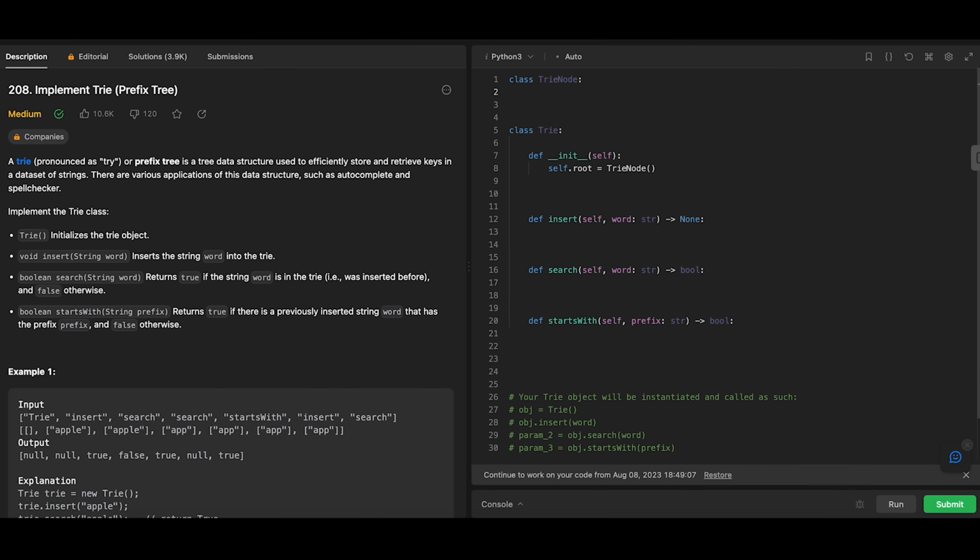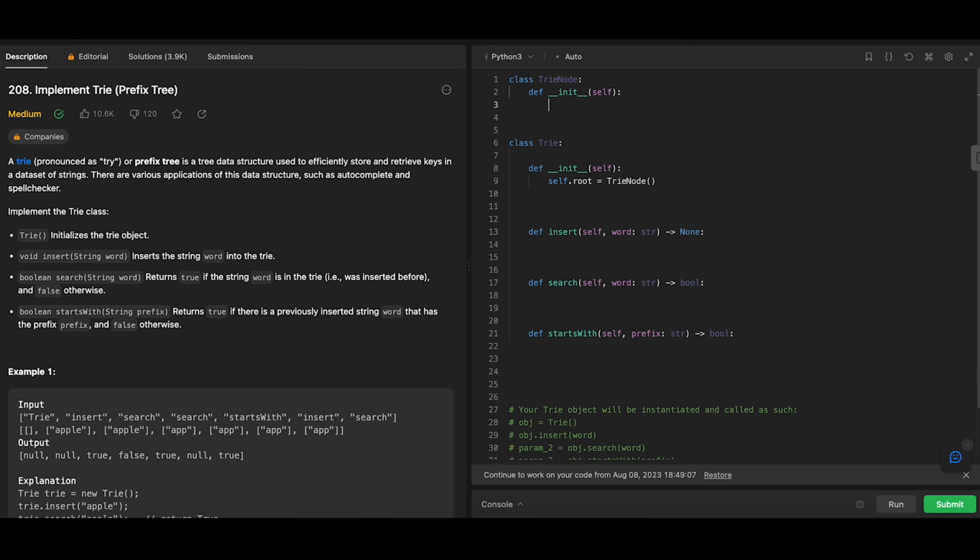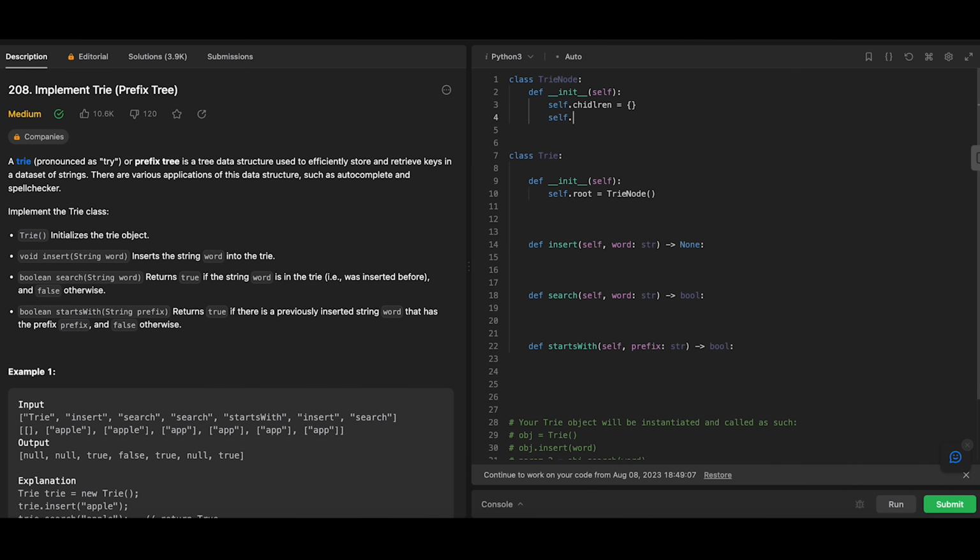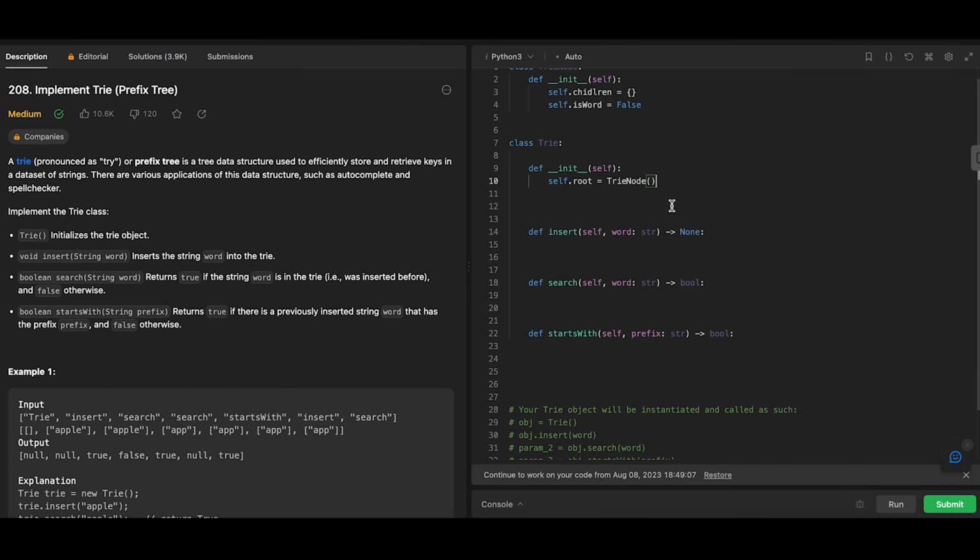and in it we'll have a constructor. So def __init__, pass in self, and self.children will be equal to an empty map, and self.isWord will be equal to the Boolean value False, uppercase F. All right. So now that we've done that, let's go ahead and actually implement our methods of the